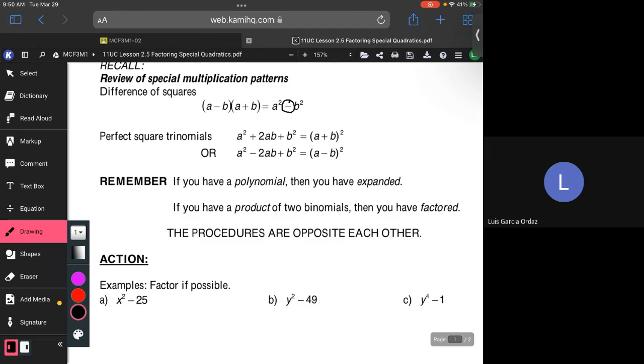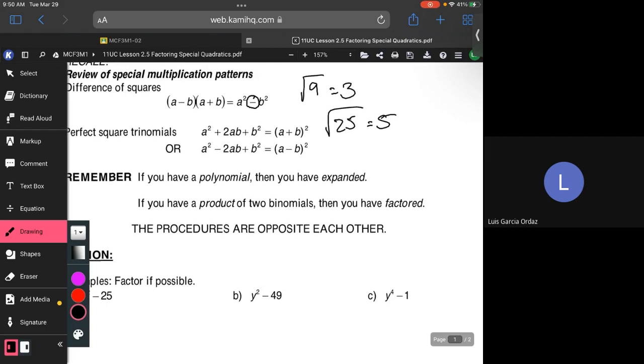9. So what's the square root of 9? Okay, another one. 25. What's the square root of 25? 5. Okay, now when it comes to variables, when we take the square root of a variable with an exponent,